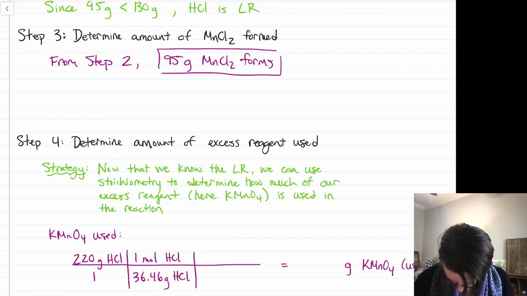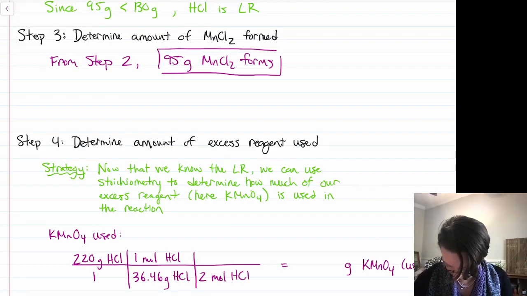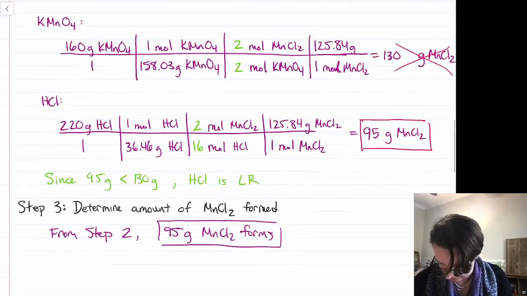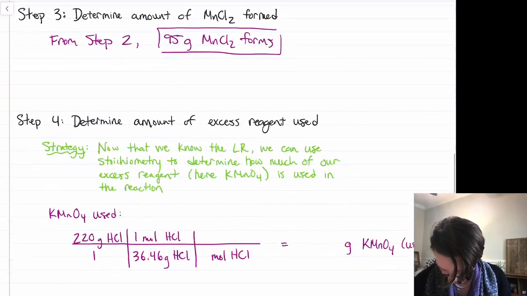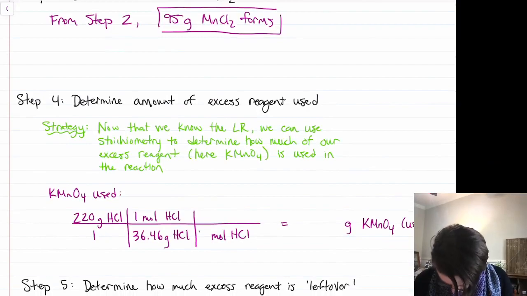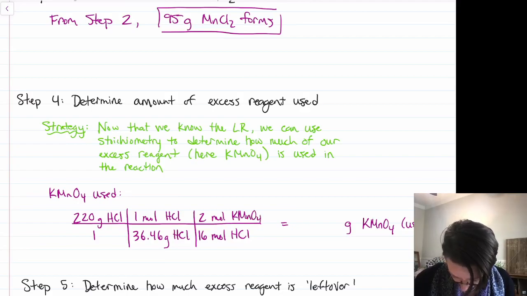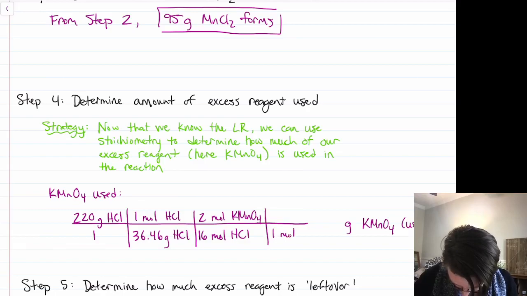Followed by a moles to moles conversion. And from the coefficients in our balanced equation, we had that there should be 16 moles of HCl for every 2 moles of KMnO4. And I do want to calculate this quantity of potassium permanganate in units of grams, and so we'll use our molecular weight for potassium permanganate one more time